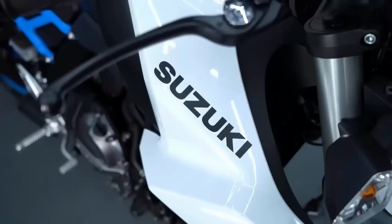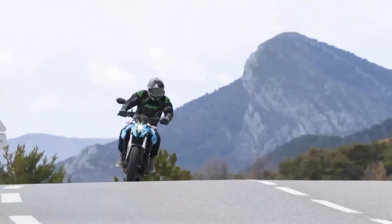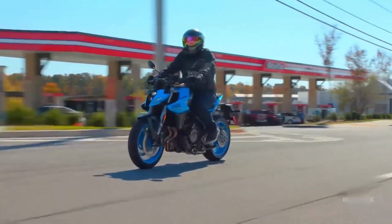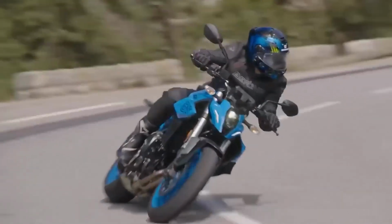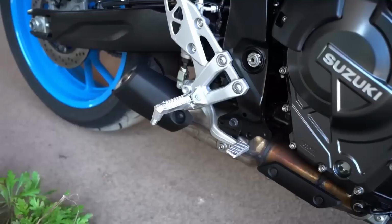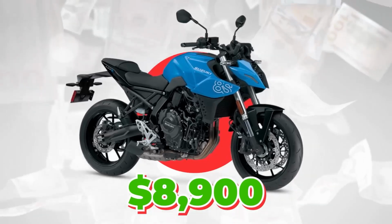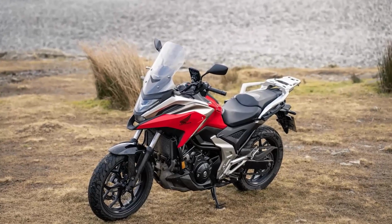Beyond the raw numbers, the GSX-8S includes a 5-inch full-color TFT display, ride-by-wire throttle, a bi-directional quick shifter, and 3 selectable ride modes. LED lighting is used throughout, giving it a modern face to match its aggressive tank design and minimalist rear end. Power is delivered through a 6-speed gearbox and chain final drive, tuned for crisp shifts and satisfying acceleration. The fuel tank holds over 3.7 gallons, giving a solid balance between agility and range. Fuel economy hovers near 50 miles per gallon depending on riding style. With a starting price of $8,900, it represents one of the best performance-to-cost ratios of any Japanese naked bike in production today. That one's a naked beast, but if you prefer smooth and subtle, this next entry is pure Honda